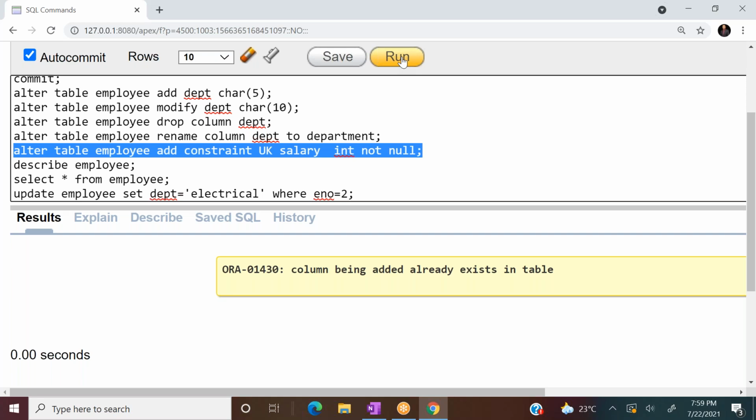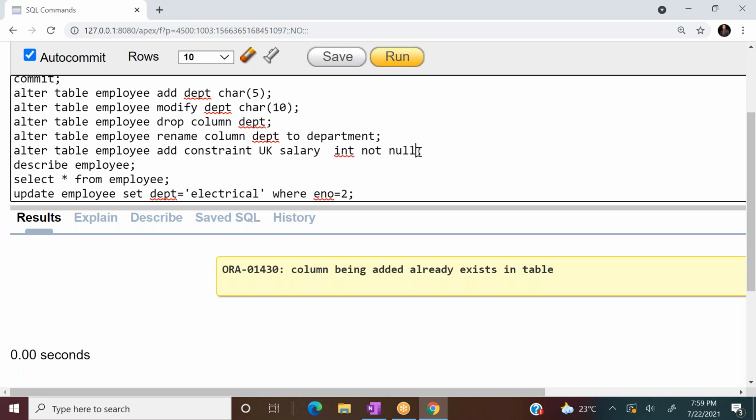Column being added already existed. Add constraint, one minute. Not null.